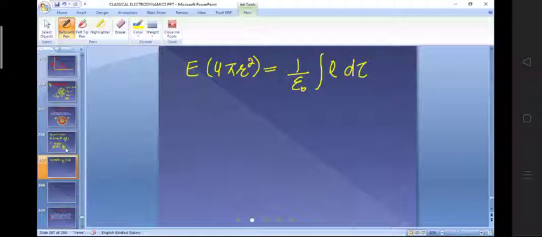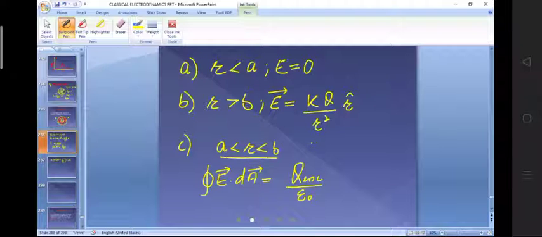Fine. Or you can calculate the other way around as well. Since rho is constant, you can define it like this as well. There's one more way, and that's like this. This rho can be defined like this as well: Q enclosed equals rho times V enclosed. But this equation is true only if rho is constant.